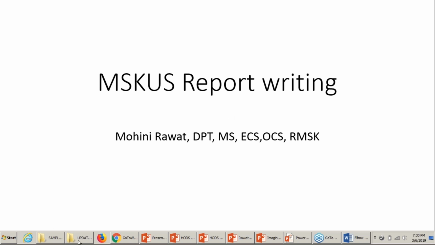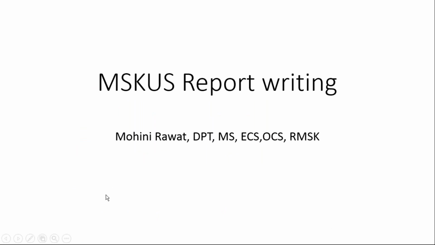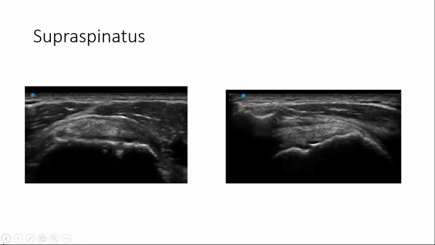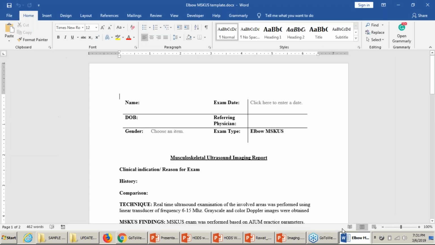Okay, so let me pull one of the templates here. Oh, not this one. Yeah, here. So I have the elbow ultrasound template, and it looks similar to the previous one. I just made some changes on